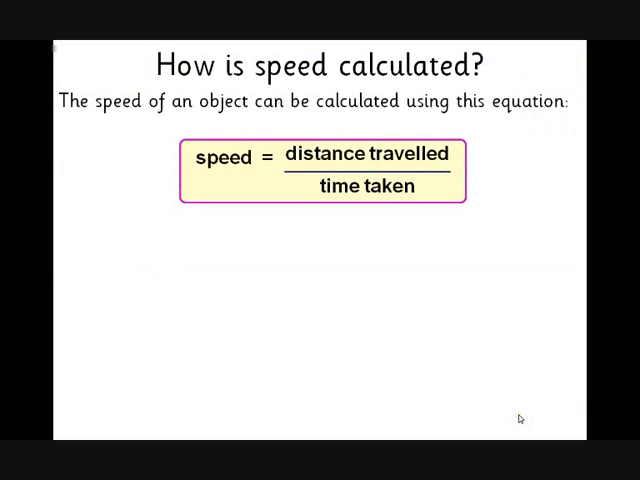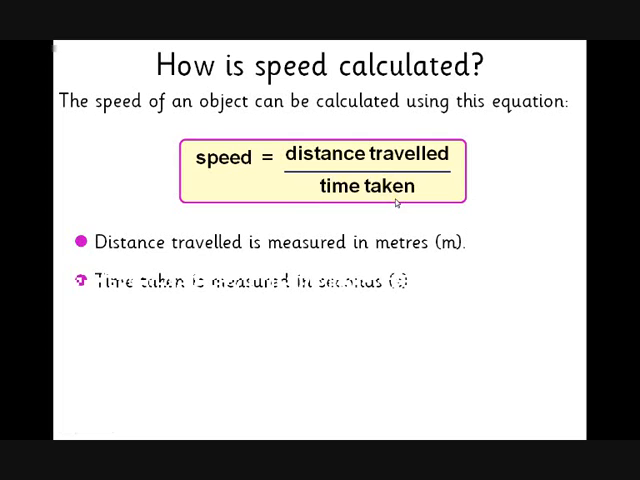How is speed calculated? You need to know this formula. It's on the formula sheet. It's a very simple formula. You've been using it probably throughout school since year 8. Speed equals distance travelled divided by the time taken. So however far you go divided by however long it takes you to go that distance, divide distance by time